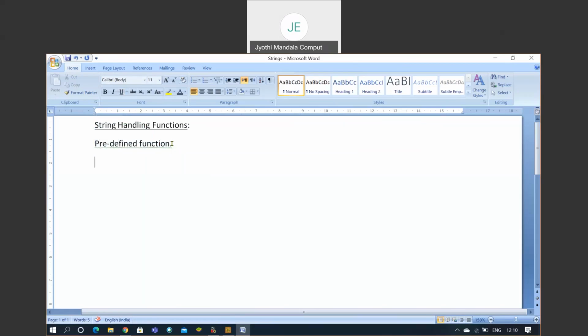We already learned what actually a string is, how a string can be initialized, how a string can be declared, how the values can be read at runtime. All these things we already learned in our previous class, right? I will be explaining only 10 to 11 string handling functions, but it is not limited to 10 to 11. We have other string handling functions also. But whenever you want to use any string handling function, the header file you need to use is